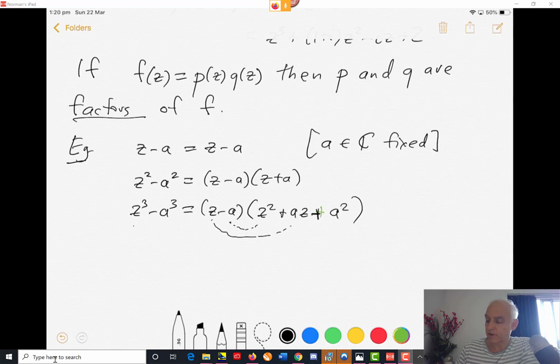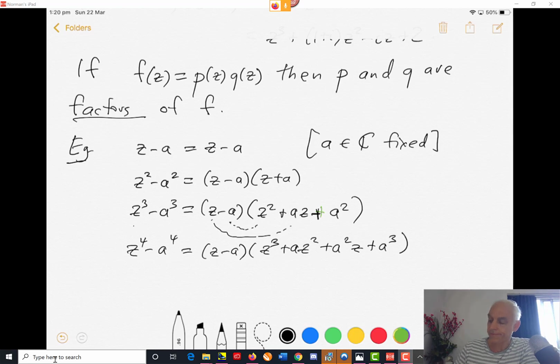So that's a complete factorization. So once we've done that, the more general story is almost clear. Let's do one more. z to the fourth minus a to the fourth will be z minus a times z cubed plus a times z squared plus a squared times z plus a cubed. Okay, so hopefully now the pattern is clear, and we can write down, so similarly,